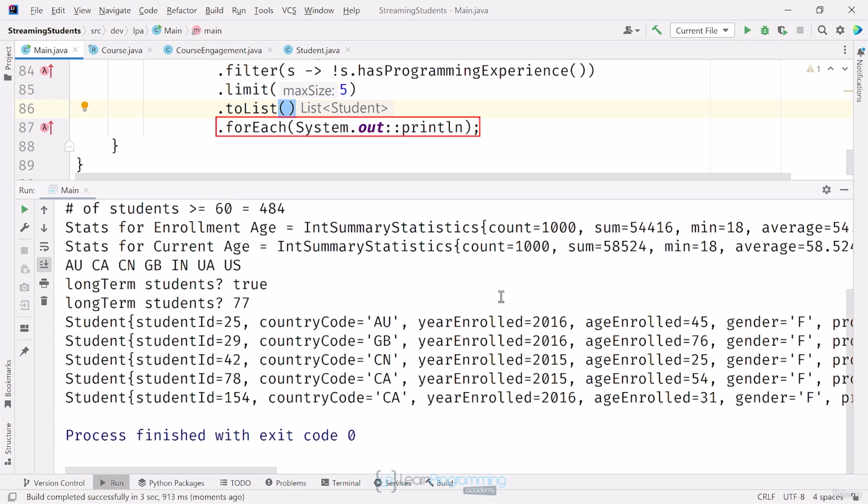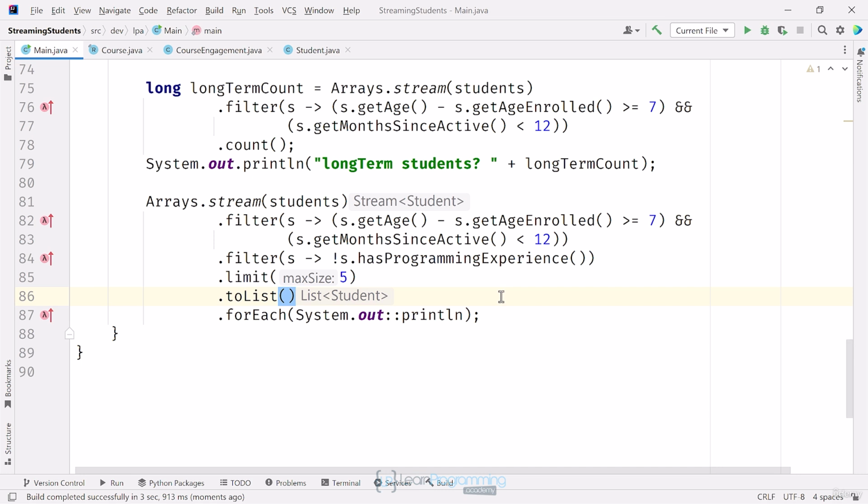This is because the last forEach is not technically part of the stream pipeline at all. In fact, if you've got IntelliJ's inlay hints turned on, you can see the inlay hint after the toList operation. It tells us that at this point, we have a list of students, and it's not a stream anymore. The forEach call here is a method on that list, and not a terminal operation on the stream. In this scenario, the toList method provides an unmodifiable list, restricting your ability to perform further operations or chain additional